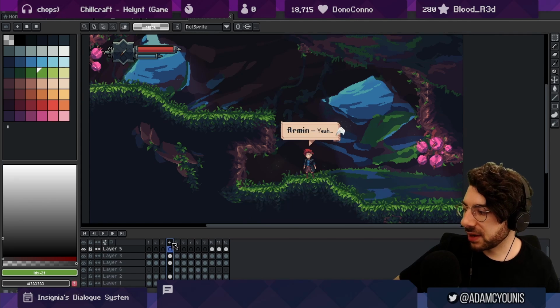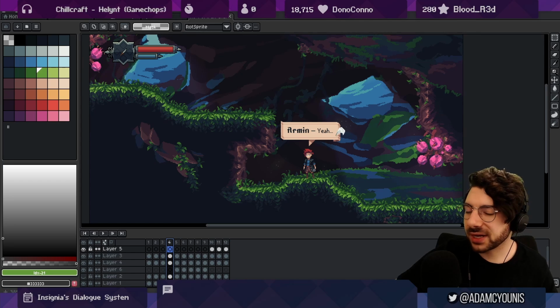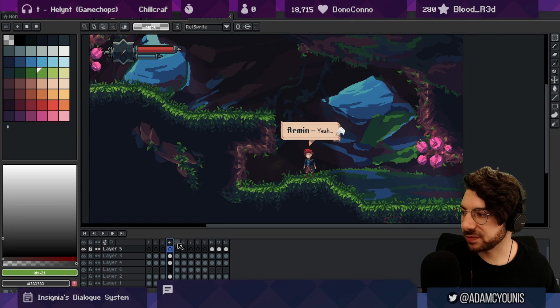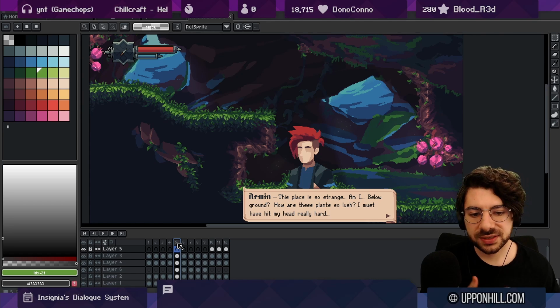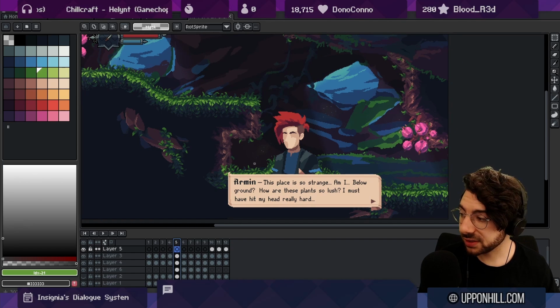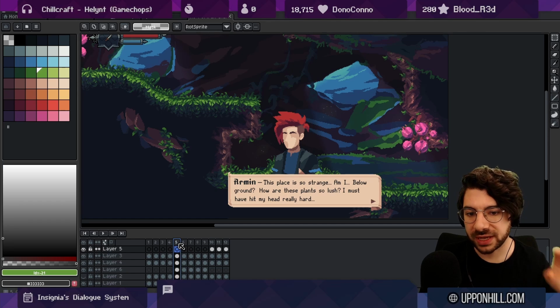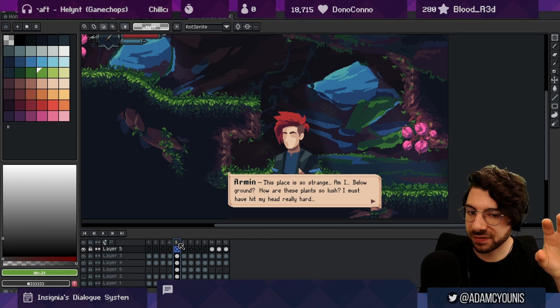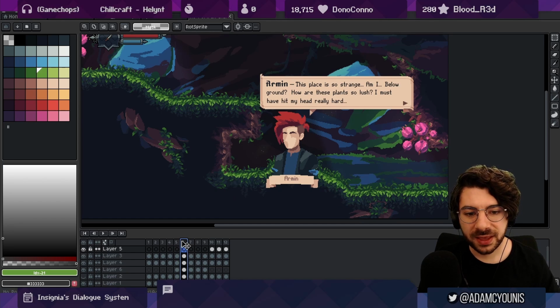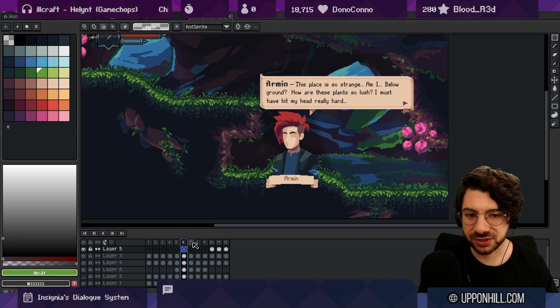So I liked this, but I still wanted to work the portraits back in. Like, how could I get the best of both worlds? And here you can see I'm trying this idea where I just replace the character with the portrait, almost like we're doing a close-up shot of the character that's just context dependent. And I thought this was okay. On paper, this looked pretty good, but in game, it was kind of awkward to just have the character